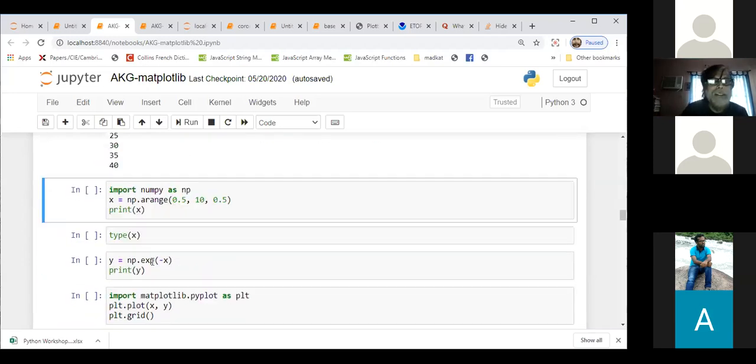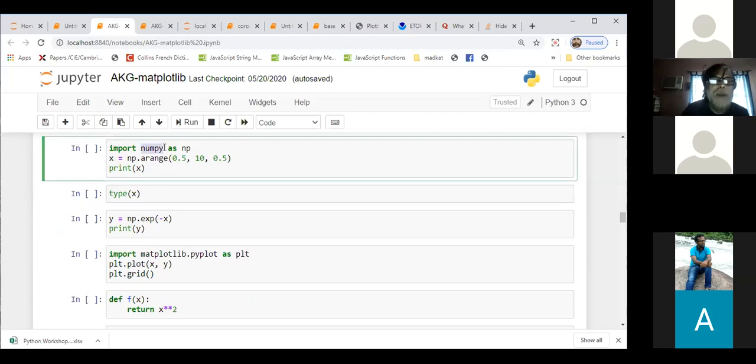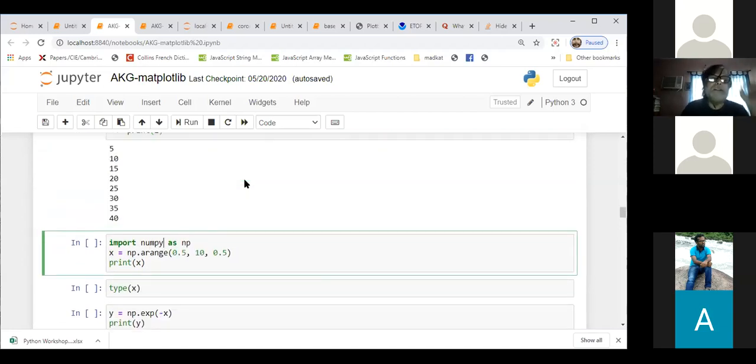One package is NumPy, N-U-M-P-Y. NumPy is numerical Python. So this package is very important. I can tell you there are certain packages. Once you work in Python, my suggestion would be to learn a little bit about some packages. First, basic Python and some inbuilt packages there. There are mathematics libraries, math, import math. So that is an inbuilt library.